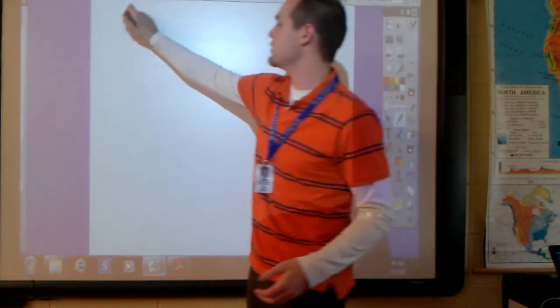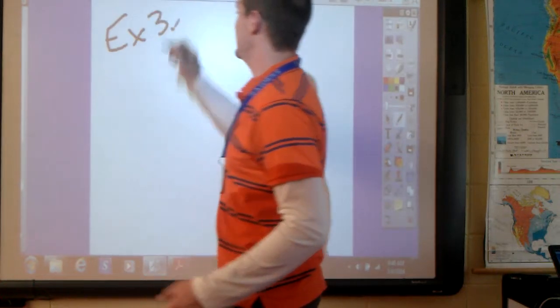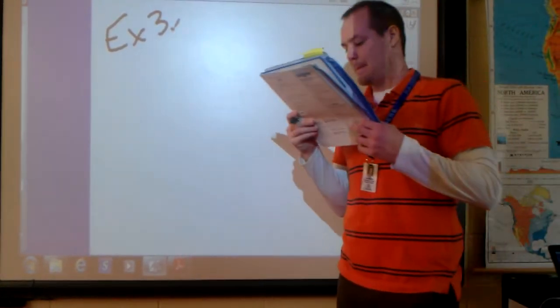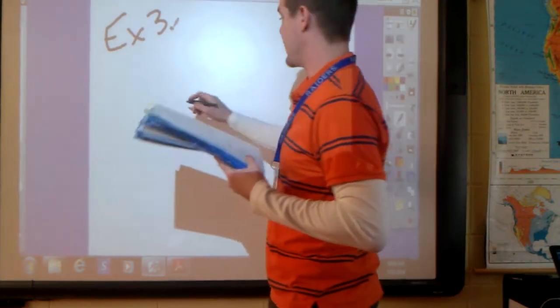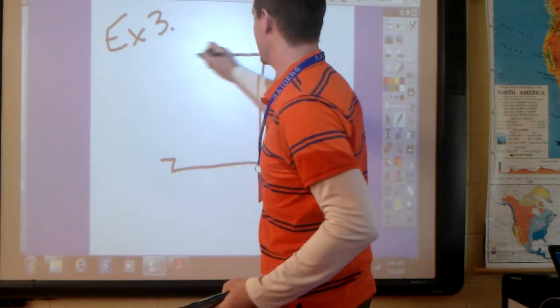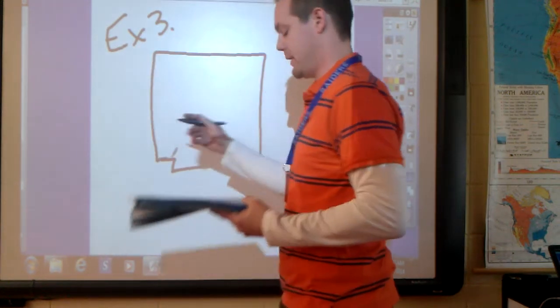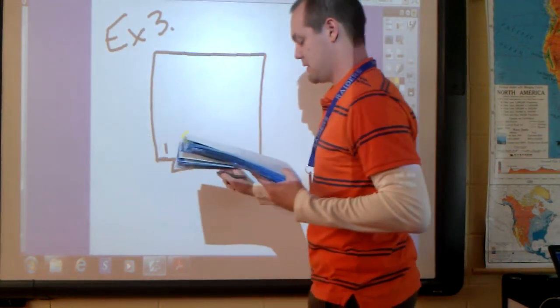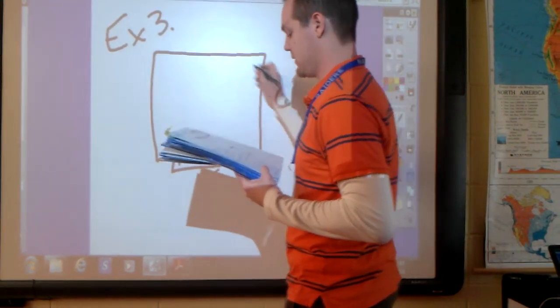Okay? Finally, let's go over one more. Example number 3, I'll do practice problem D. It's just a very small piece missing down here. Okay, so this is 1 foot, 1 foot. This is 5, 6,